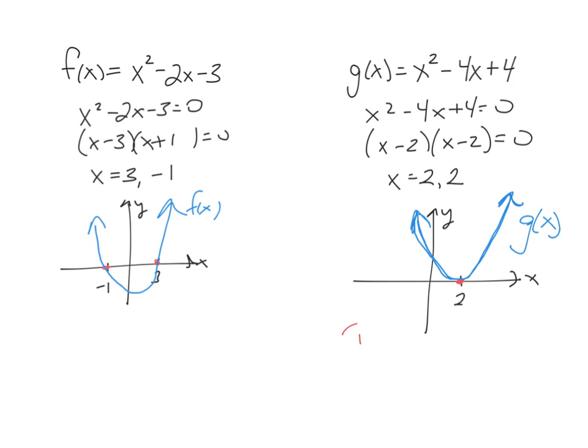So when we have a double root, we would say that it has a multiplicity of 2. And when there's a multiplicity of 2, our graph will intersect the x-axis, but not cross over to the other side. It'll bounce right back up again. But what happens if we have a multiplicity